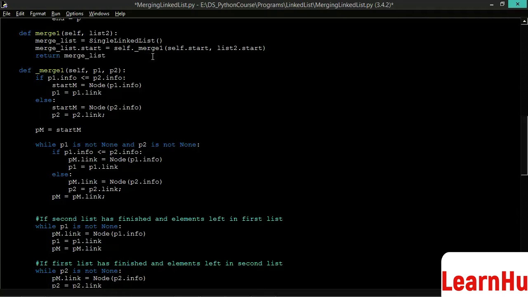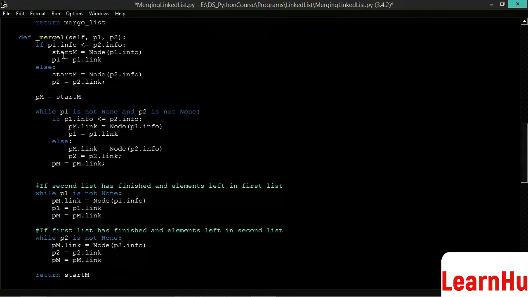Now let's see this method merge1. Here P1 and P2 are references to first nodes of the sorted lists that are to be merged. Start M will refer to the first node of the merged list, and this start M is returned from this method.